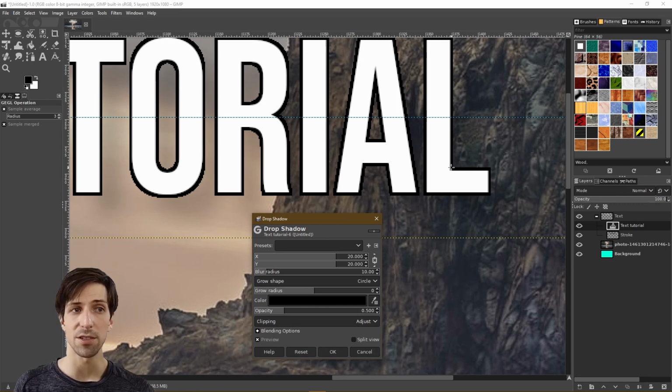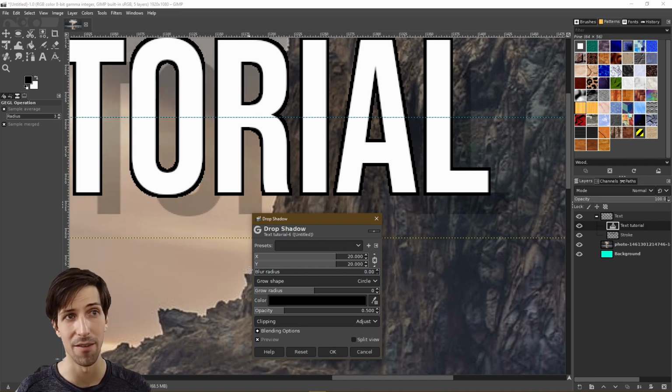So with the default settings, there's going to be a blur, and there's also going to be 50% transparency. So it's going to be a little bit more subtle than I usually like. So if you want the drop shadow to look more like the text, you can drop down the blur radius. The closer you get to 0, the more obvious the original shape is going to be. At 0 blur radius, it's just the original shape of the characters, offset, and then changed to a black color